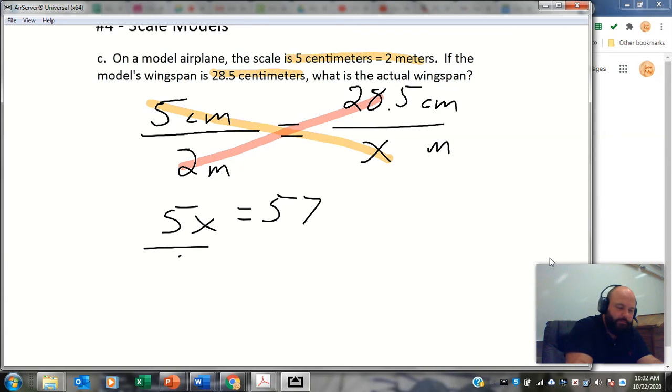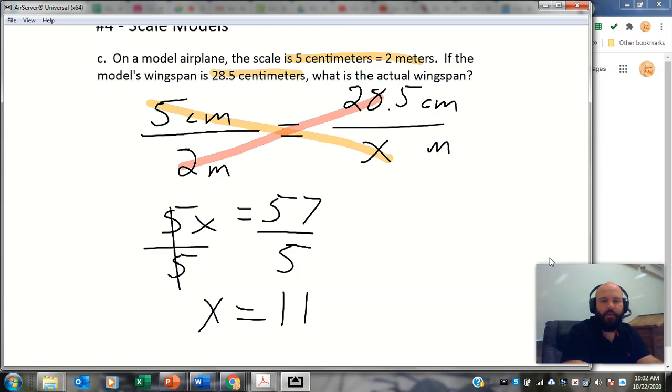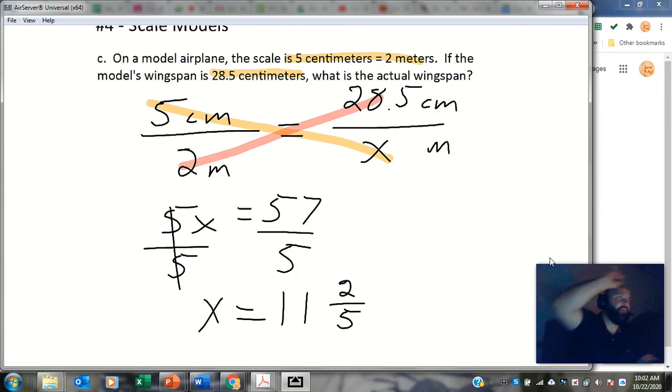From there, I'm just going to divide by 5. I get x equals, so 5 will go into 57 11 times. That's 55. 5 times 11 is 55. We're trying to get to 57. So the remainder would be 2, and we put the remainder over what we originally divided by. So in this case, it would be 11 and 2/5